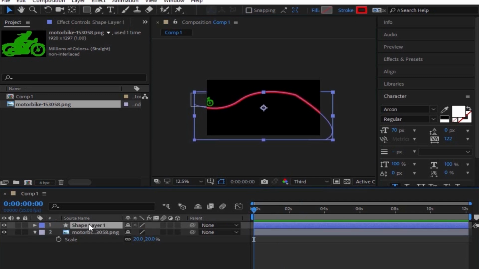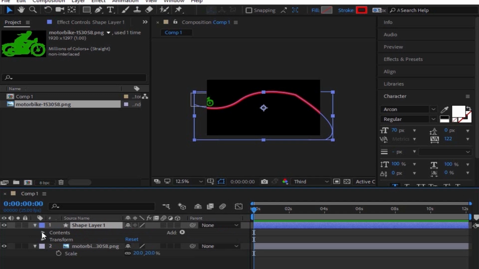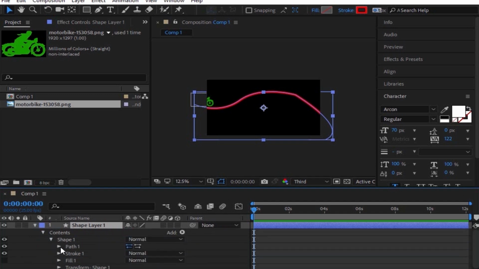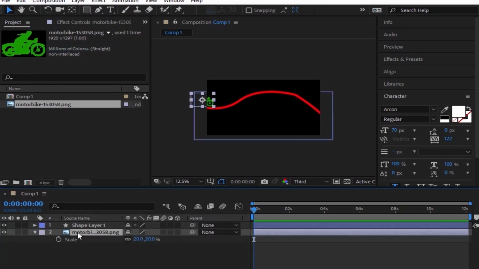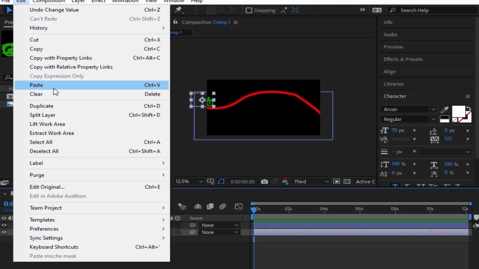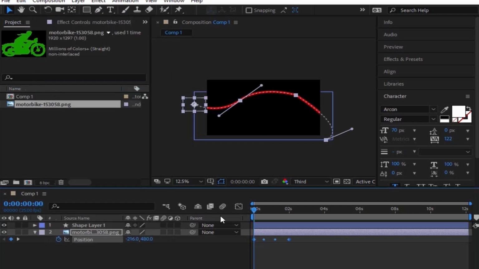We select the path of this shape layer. So we go below the content, here after content, go over the shape option, then go to the path, select the path, copy it, come here and select your bike position. Select the layer of the bike and press P. Come here and paste your copied path. Now you can see our object is moving,